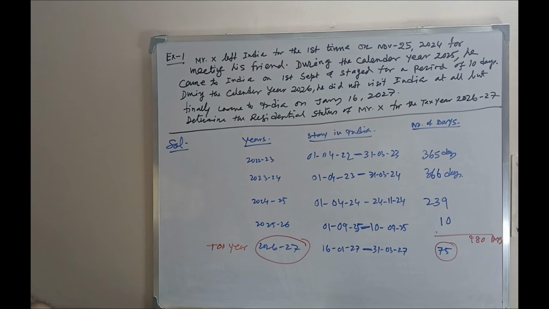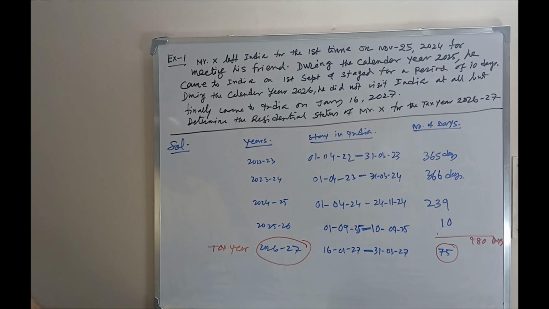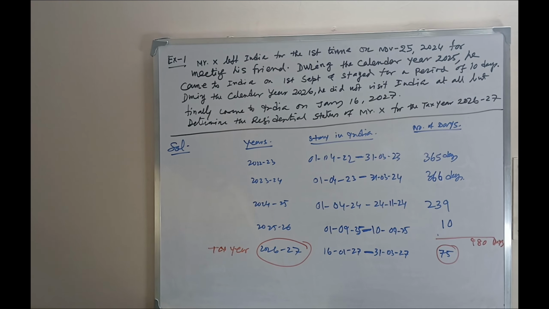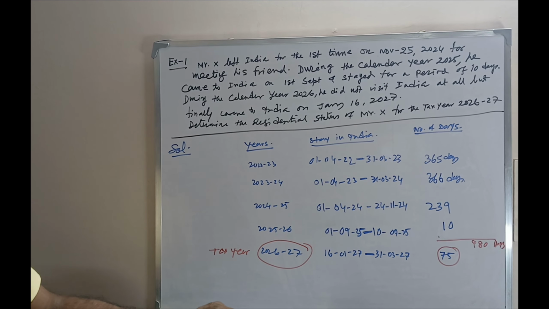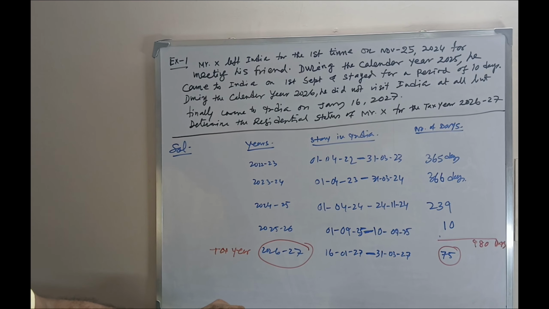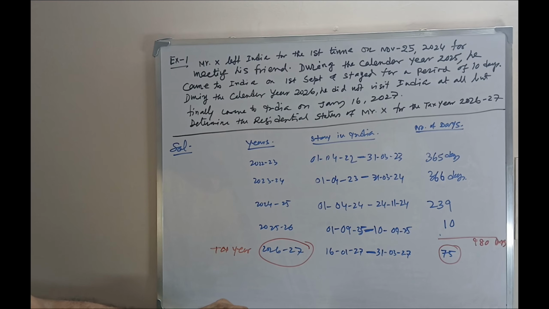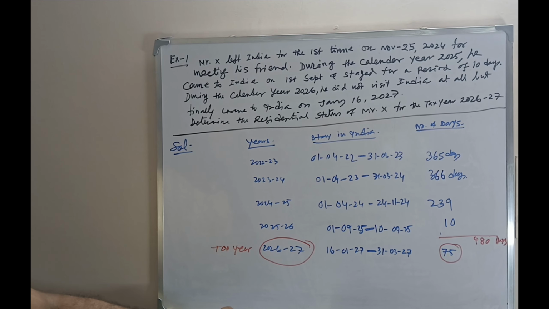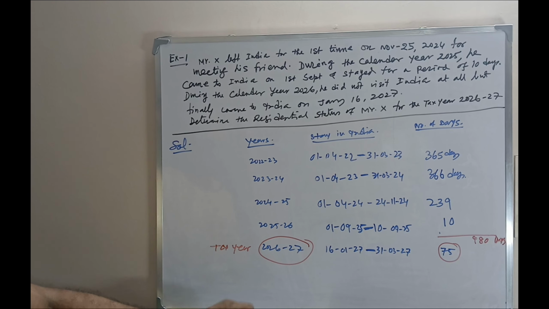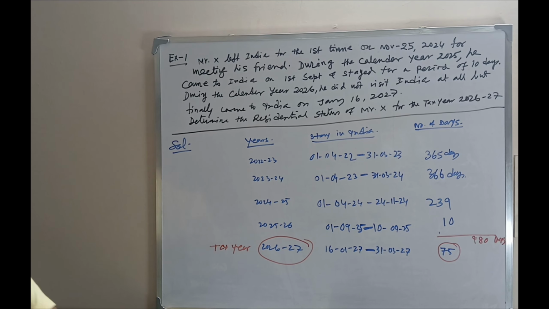During the calendar year 2025, he came to India on 1st September and stayed for a period of 10 days. During the calendar year 2026, he did not visit India at all, but finally came to India on January 16, 2027. Determine the residential status of Mr. X for the tax year